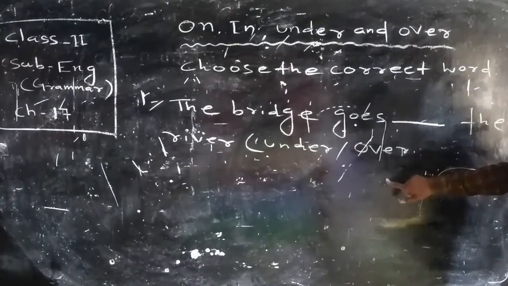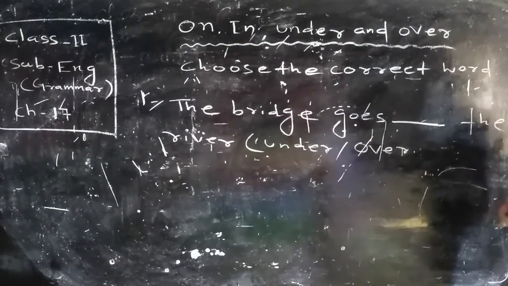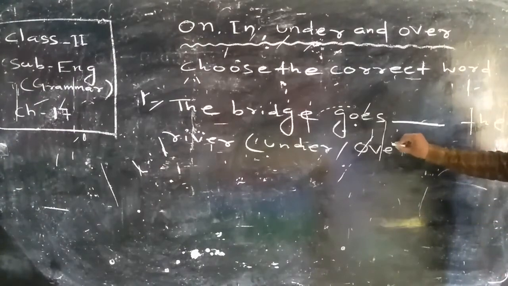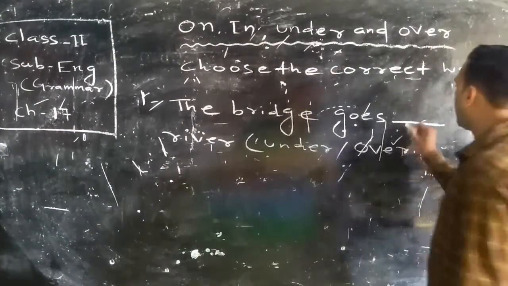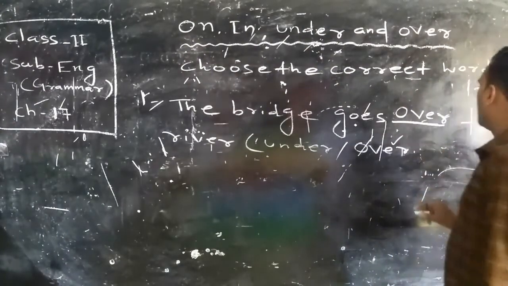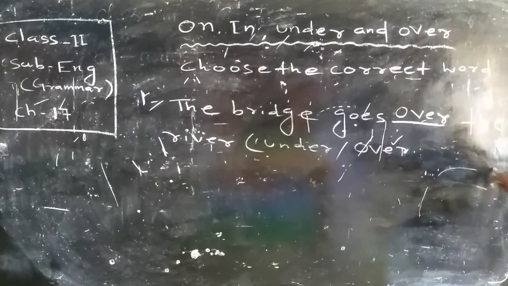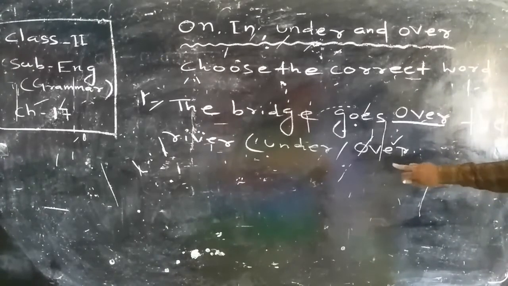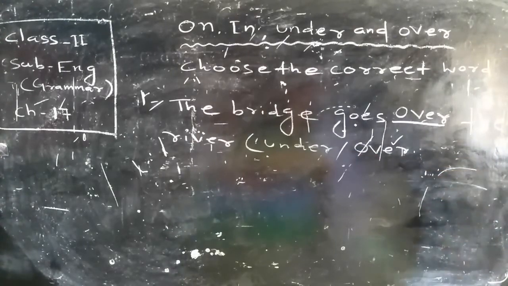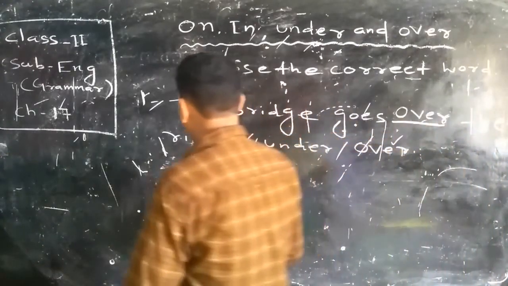Just you see the blackboard properly and understand the sentence. The bridge goes dash the river, under or over. Which is the right answer? So over is the right answer. So here we have to write over. Over the river. The bridge goes over the river. And you have to tick here, okay? Two options are here. So first tick this one. Then number 2,